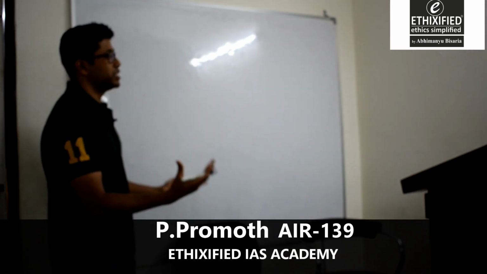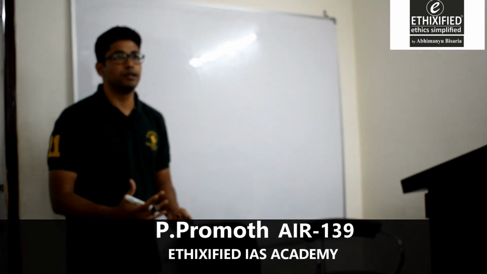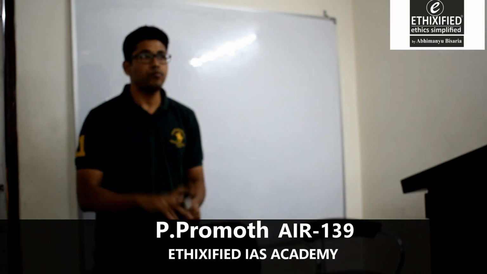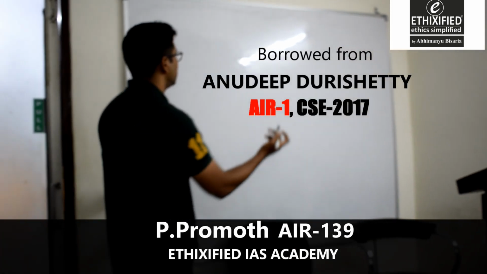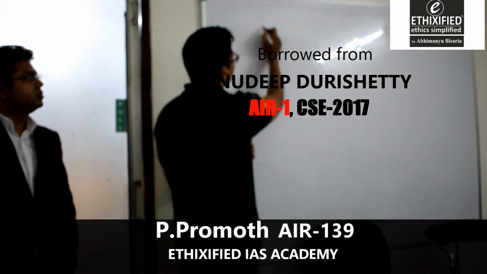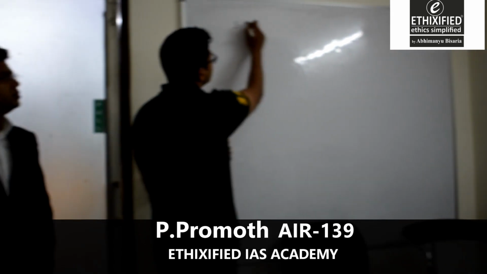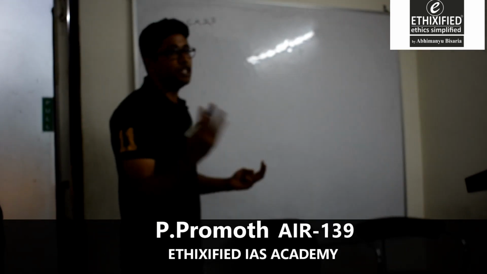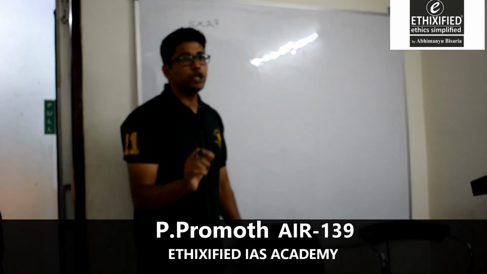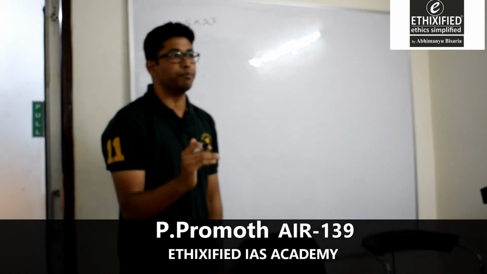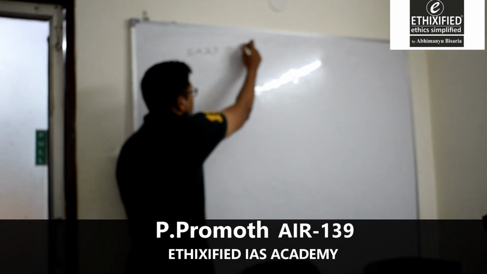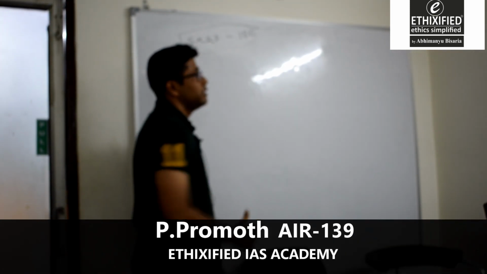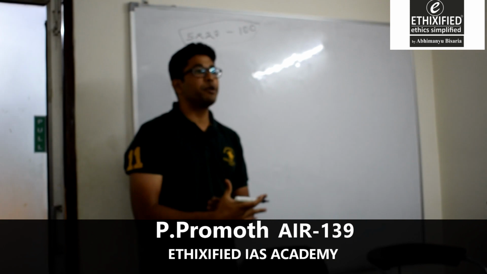So if there is a question, I saw a question as 5 units. A question shall be answered in 5 units. This I borrowed from Sir Anudeep, who was a topper. So 5 units, and then there are 20 questions in just 1, 2, 3 each. So the idea should be to complete 100 units in a paper and not just 20 questions. So you divide a GS1 paper into 100 units.